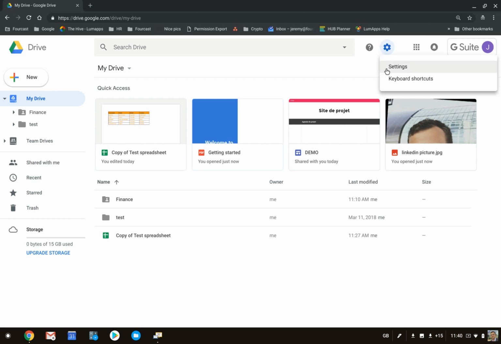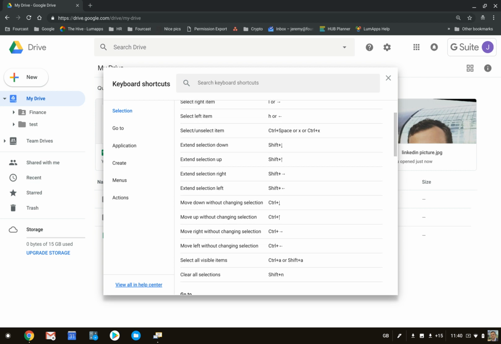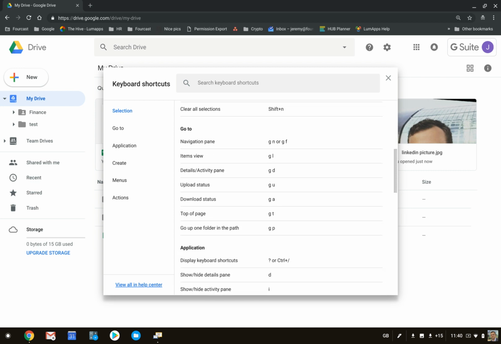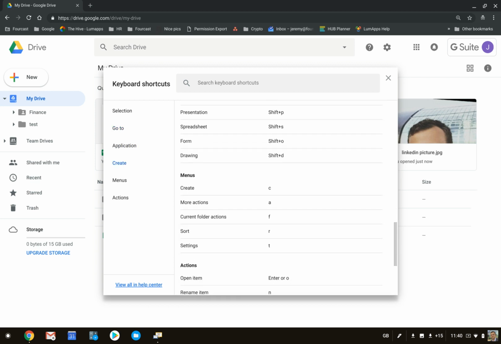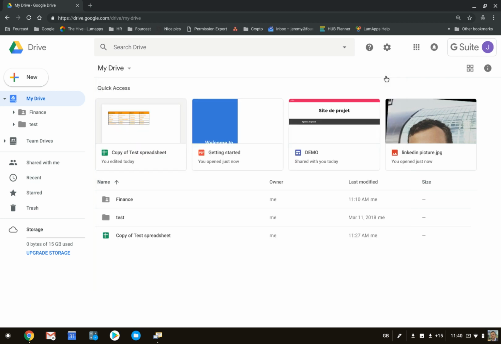The only thing that I do want to explain as well is the keyboard shortcuts. You have a lot of keyboard shortcuts and they can save you a lot of time. I would definitely recommend to go through it, because that way you will definitely save some time when you navigate or use Google Drive very intensely. So this is